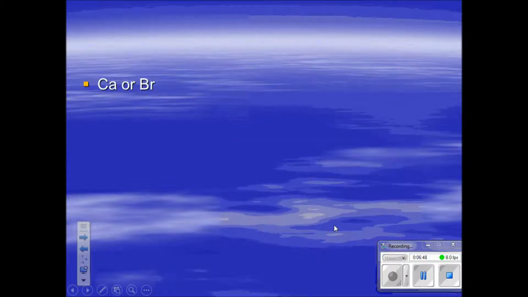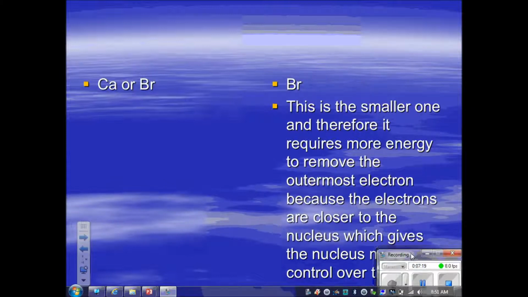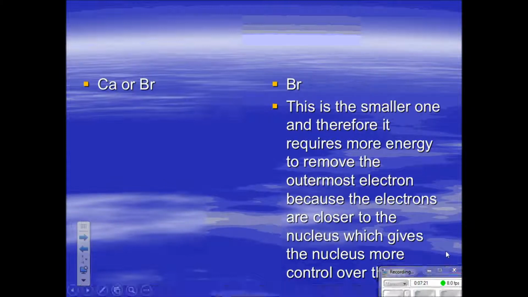All right, next example, I think we're still doing larger ionization energy. So we want the smaller atom out of these two. So we look at calcium and we look at bromine. They're on the same period. Okay, same period tells us that we don't know yet, but because they're in the same period, the one with more protons is going to be the smaller one. So Br is going to be the smaller of the two. So you notice in my explanation, I'm going to say that this one is the smaller one, and therefore it requires more energy to remove the outermost electron, because the electrons are closer to the nucleus. This time the electrons are closer to the nucleus because